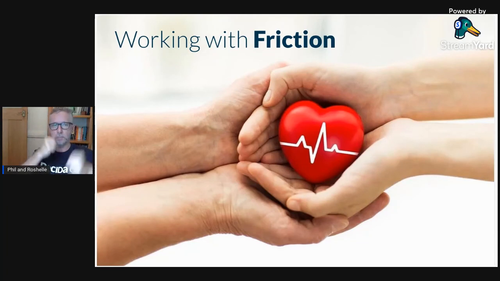Working with friction. So opt in and opt out. We often hear this thing that's come into our narrative now about opting into something. So this came from a big study in Europe where you had to opt in for whether you were going to be a donor on your license, and their donations were really low. And then they actually made it mandatory, and so you could still choose, but you had to opt out of it. And when they had to opt out, most people didn't opt out. They just opted in, and all of a sudden, 80% of the people that had licenses had opted into being donors for when they had accidents or died suddenly, but still had organs that they could transplant. So what they did was they took the friction away from the decision.